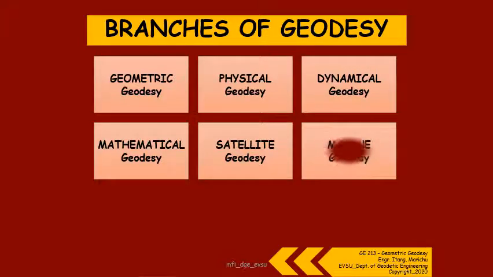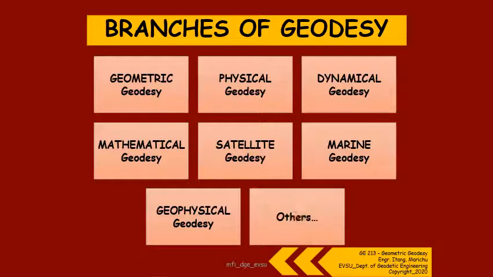Another, we have marine geodesy. Marine geodesy aims to stimulate progress in ocean surveys, either mapping or remote sensing, by promoting solutions to problems regarding the research-oriented marine environment. So it focuses on water. Then we have geophysical, which involves the physical properties of the Earth and others. So there are lots of sub-branches. The main two sub-branches are the geometric and the physical geodesy.